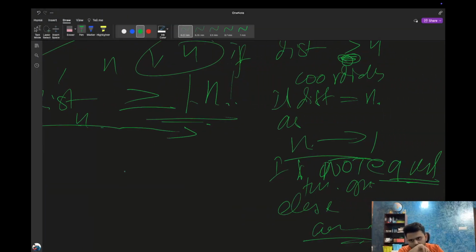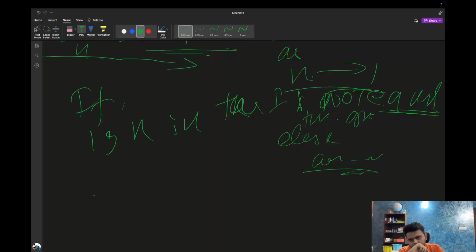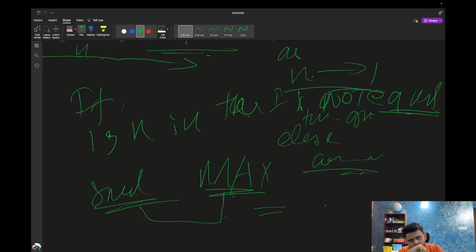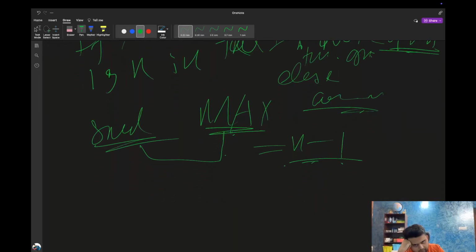that won't work. If 1 comma n in the, so small and max, if small and max is equals to n minus 1, then I could